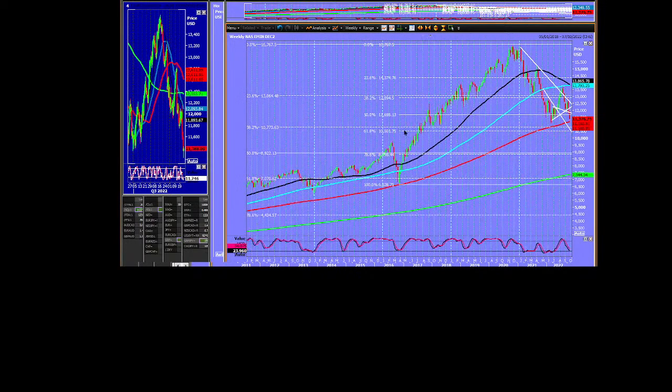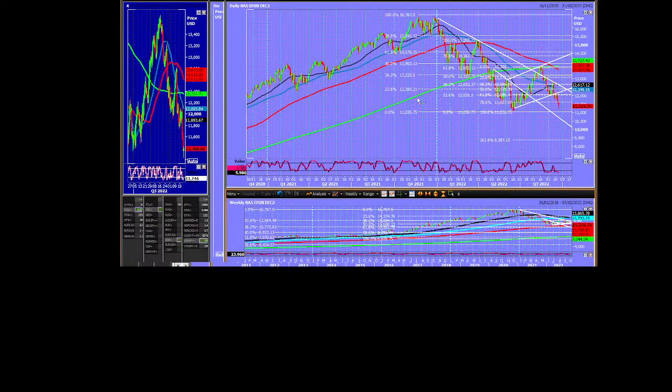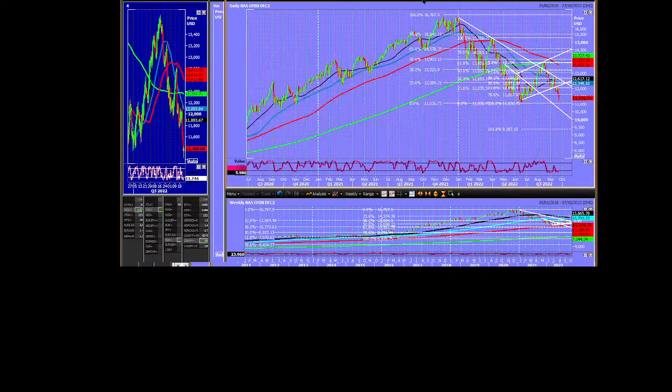Anyway, I think if we break the 200-week moving average, if we break sort of 11,000, it's good night for the NASDAQ. We're not even oversold on the weekly chart. Getting oversold on the daily chart. Actually, there's not really much I can say about that, other than, look, if this is a cup and handle, and it probably is, if we break 11,000, geez, I'm going to have to do some homework on the old cup and handle, aren't I?